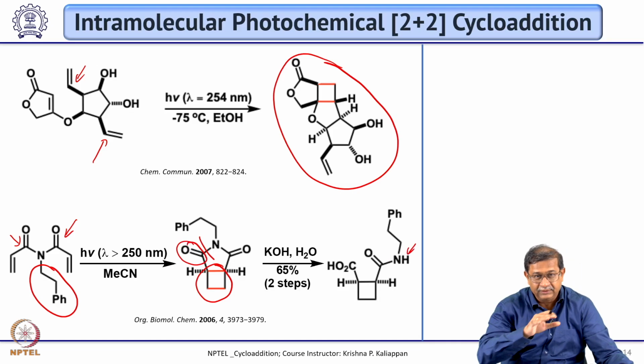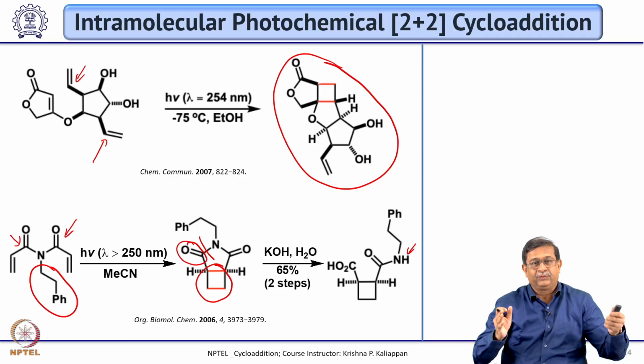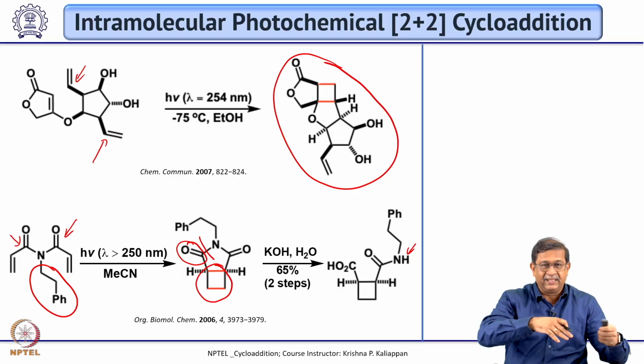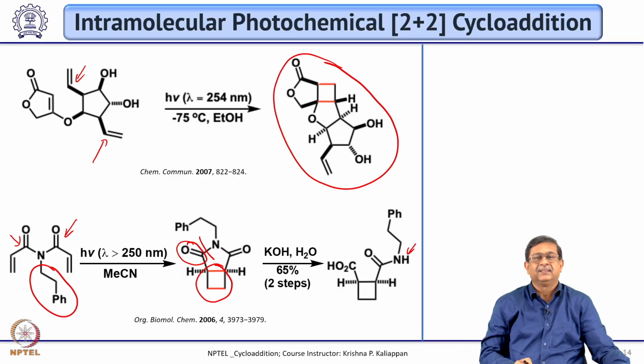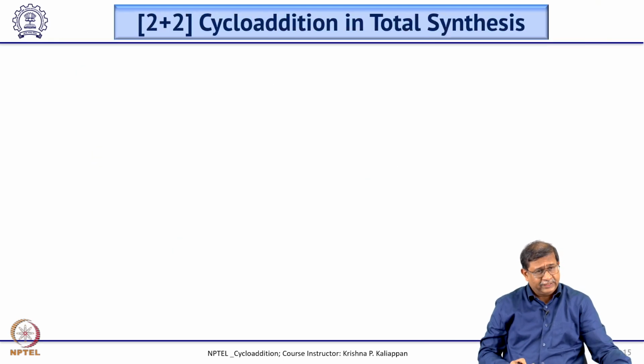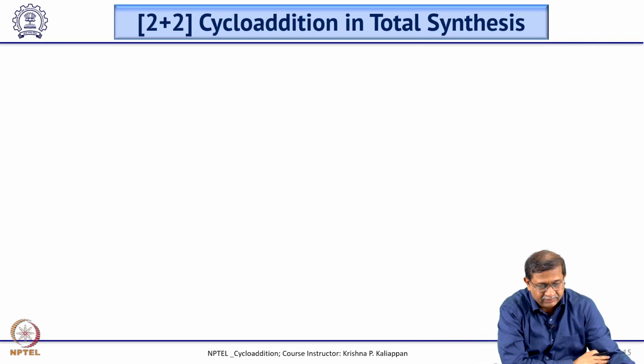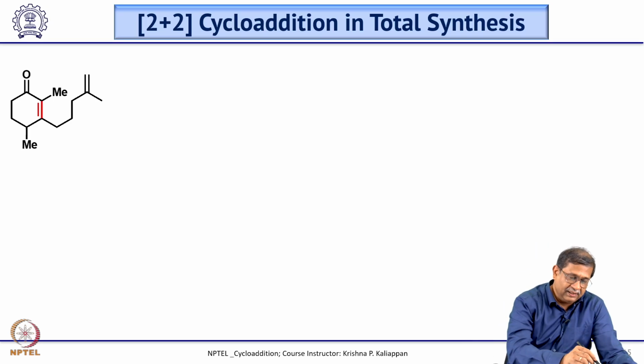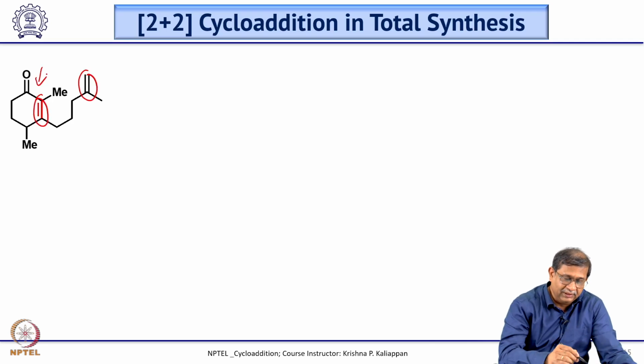Okay. So, what you do in the whole sequence is you have two double bonds, you form a cyclobutane using this connector called N-benzyl. Now, you remove or hydrolyze the imide to get carboxylic acid and an amide. These 2+2 cycloaddition reactions have been successfully used in total synthesis. At least I will give one example, which is a well known reaction in the total synthesis of a triquinane called isocomine. So, in isocomine, these two double bonds, one is part of a substituted cyclohexenone, other one is in